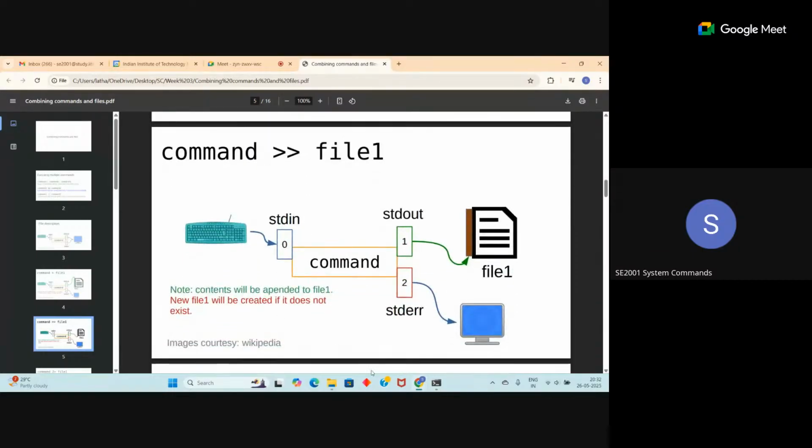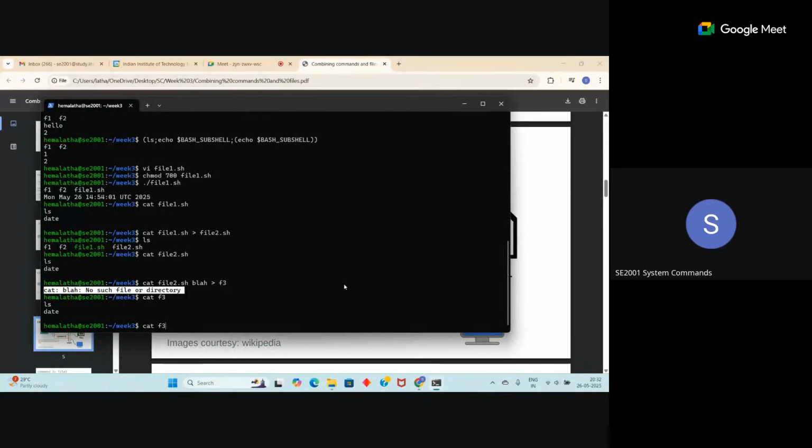Suppose while executing this particular command, I give greater than f2. If the f2 file already exists, this command will override the content. Previous contents of this file will be erased and new content will be written to that file. Say, for example, here